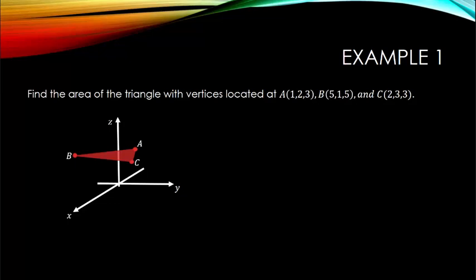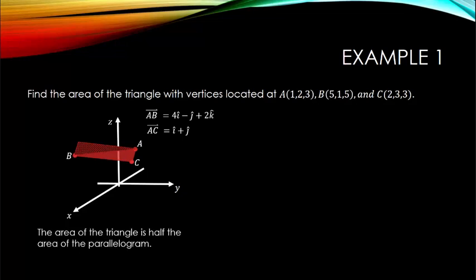The line segment from A to B can also be written as a vector AB. The vector AB has the vector component form 4i hat minus j hat plus 2k hat. The vector from A to C has the vector component form i hat plus j hat. The area of the triangle is half the area of a parallelogram. So if I construct another triangle that forms the other half of a parallelogram with side lengths AB and AC, I know that the area of a parallelogram is the magnitude of the cross product of the vector AB cross